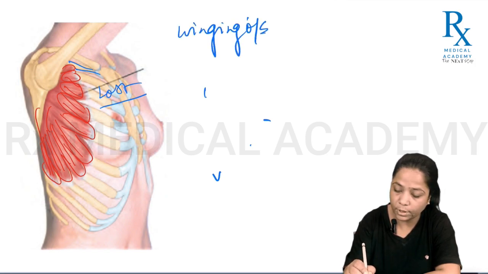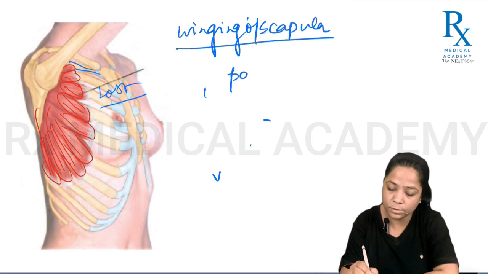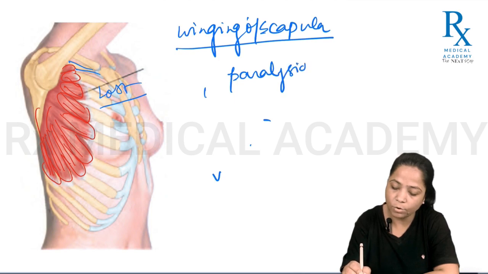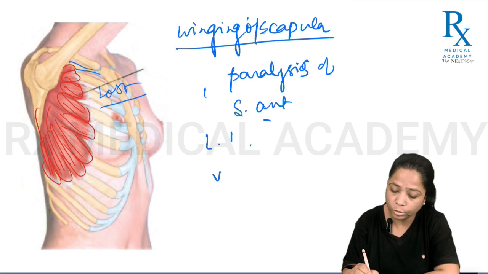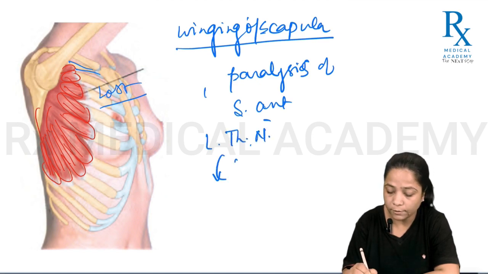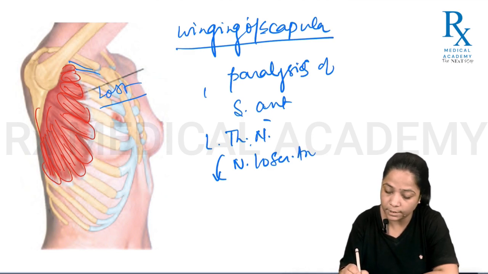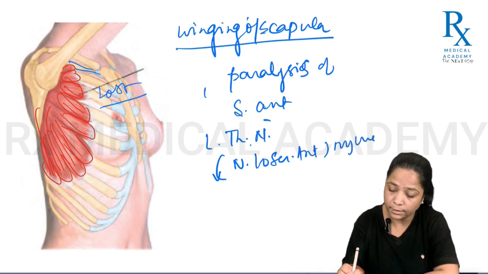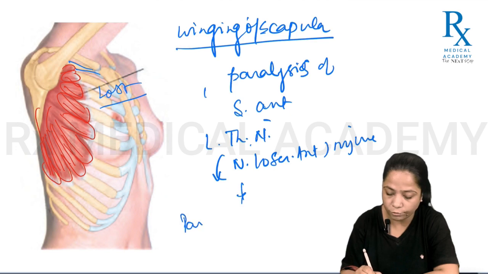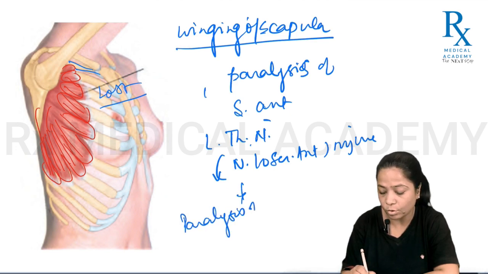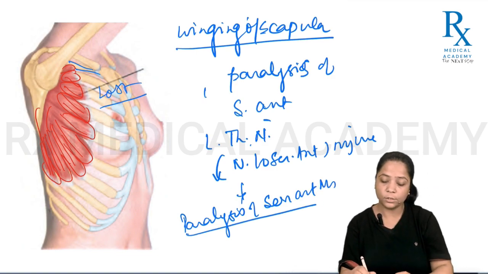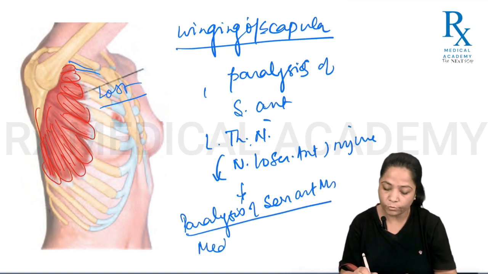Winging of scapula is basically a clinical feature of paralysis of the serratus anterior muscle. When the long thoracic nerve, or nerve to serratus anterior, is injured, this leads to paralysis of the serratus anterior muscle. This causes the medial border of the scapula